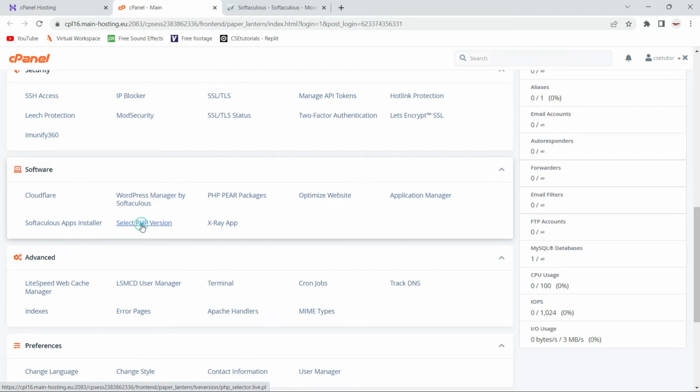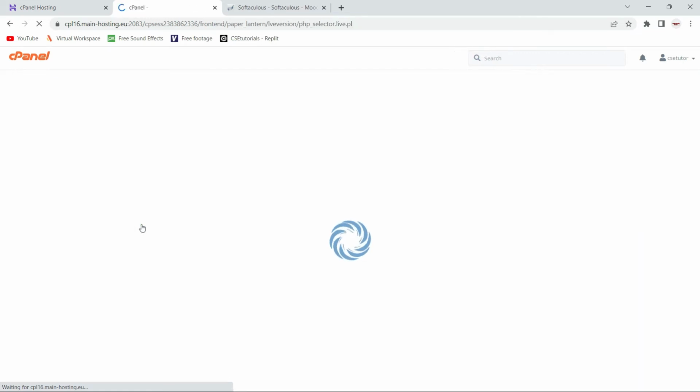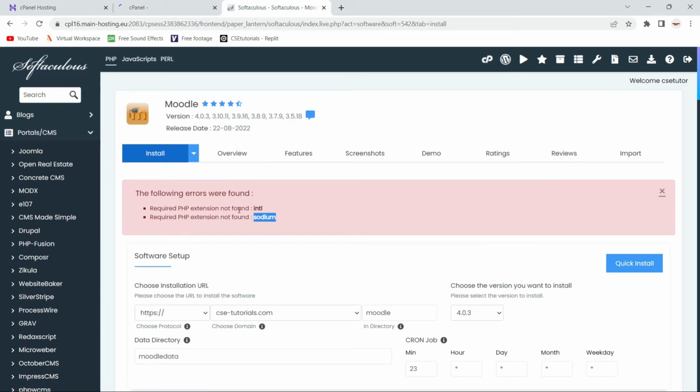Once you click, it will redirect you to the page where you can select or install the required PHP extensions. In our case, we need two extensions, which are INTL and sodium.